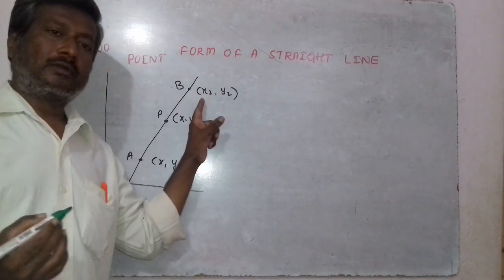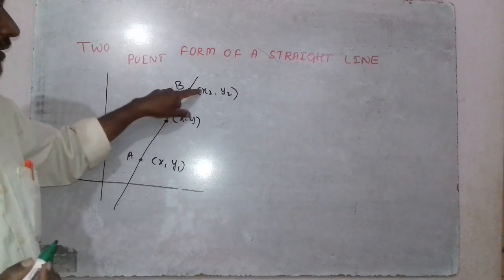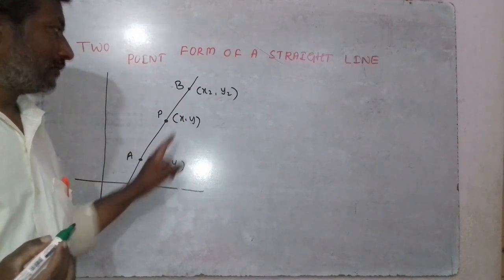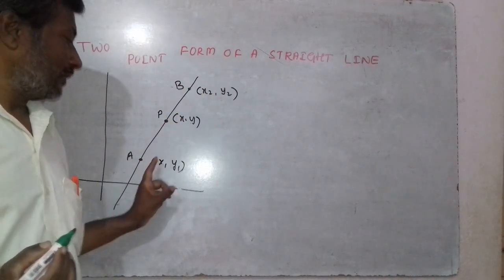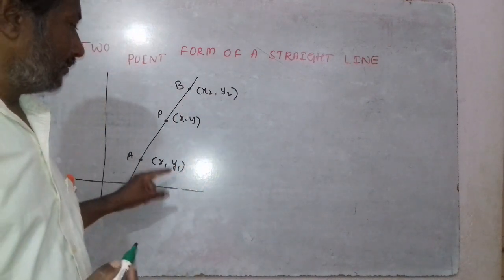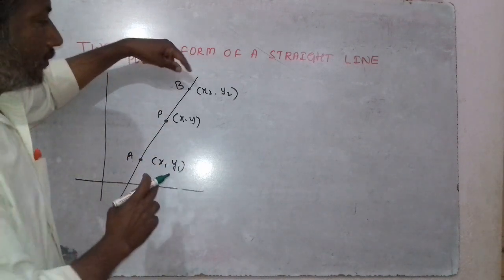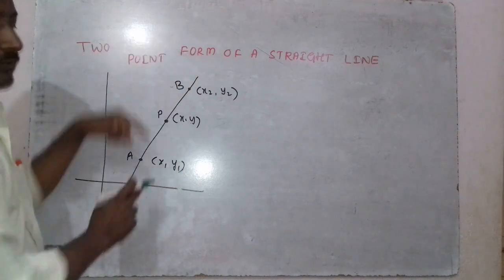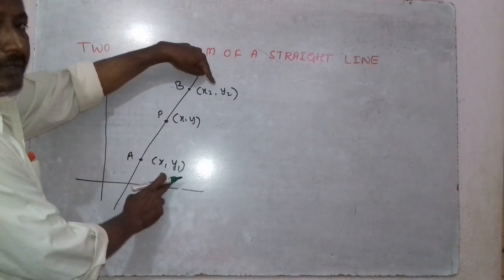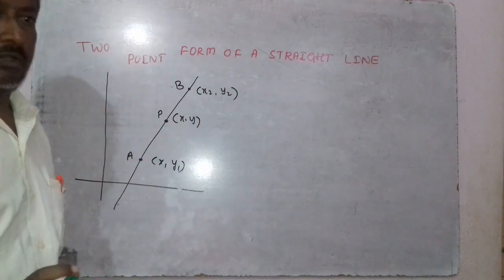So we know that the slope of the line is constant. Therefore, first, using the given points, slope of AB, we can find the slope of the line. With (x1, y1) and (x2, y2), using the formula (y2 minus y1) divided by (x2 minus x1). Since the slope is always constant for any two of these points, first find the slope of AB, then the slope of PA, and make them equal.